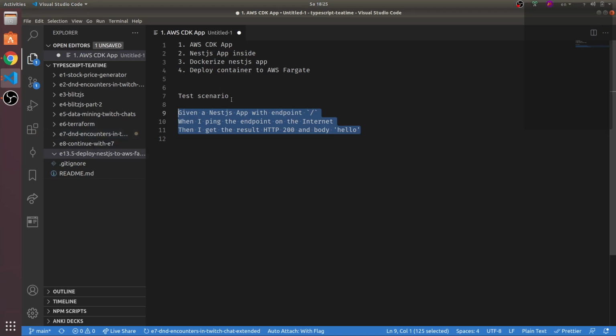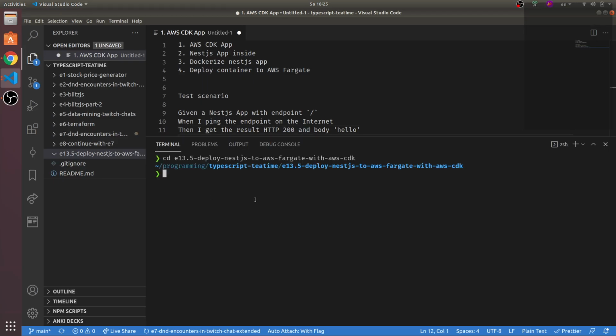As well as we want to Dockerize it, and we want to deploy the Dockerized application, the container. We want to deploy it to AWS Fargate, and we want to use AWS CDK for this. So these are our restrictions that we have. And given those, we want to now learn essentially together how to do exactly that. So for this, I do have an empty directory here. And the first thing, so